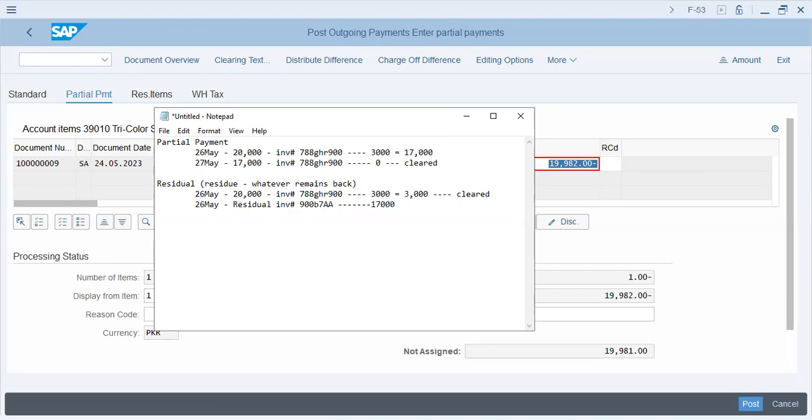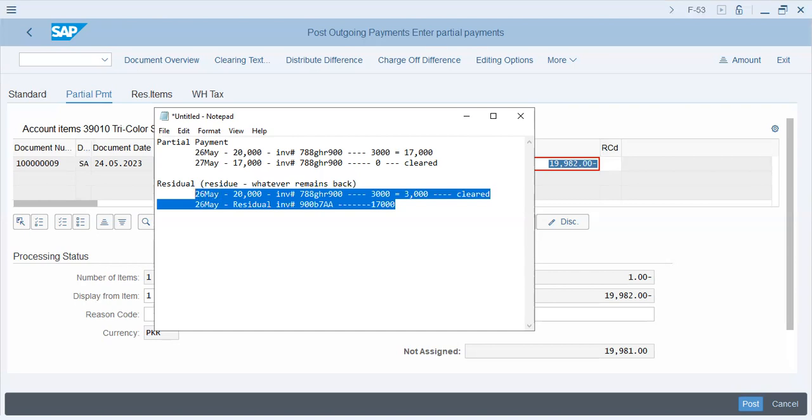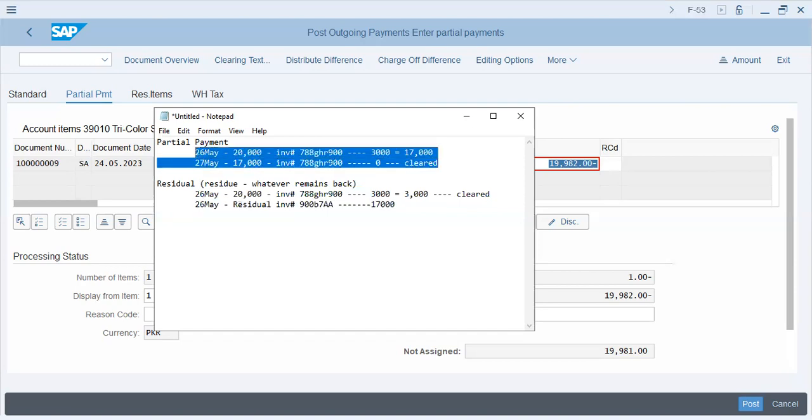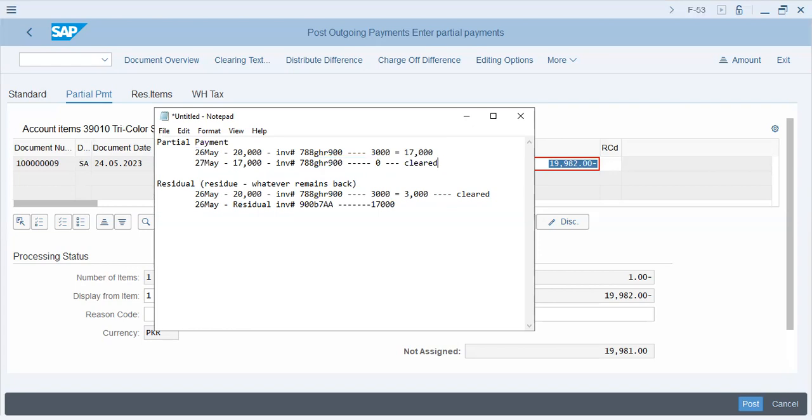Okay. So if you want to track the vendor payments for transactions like material supplies, or if it's a regular vendor, it's better not to use residual so that you can actually keep a track of how many payments have been made, how many withholding tax have